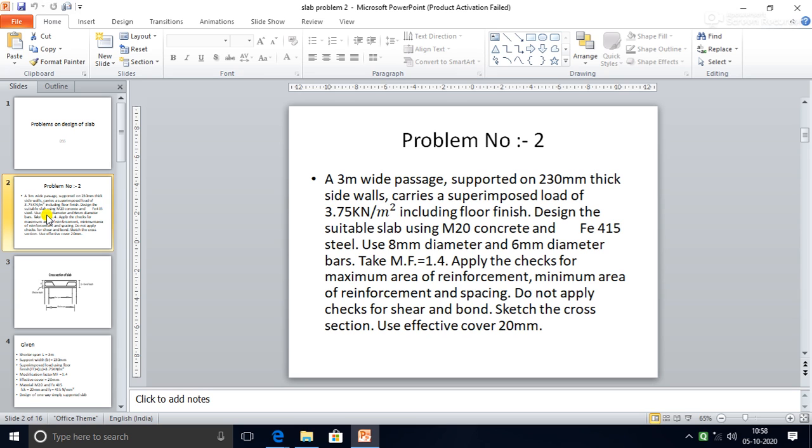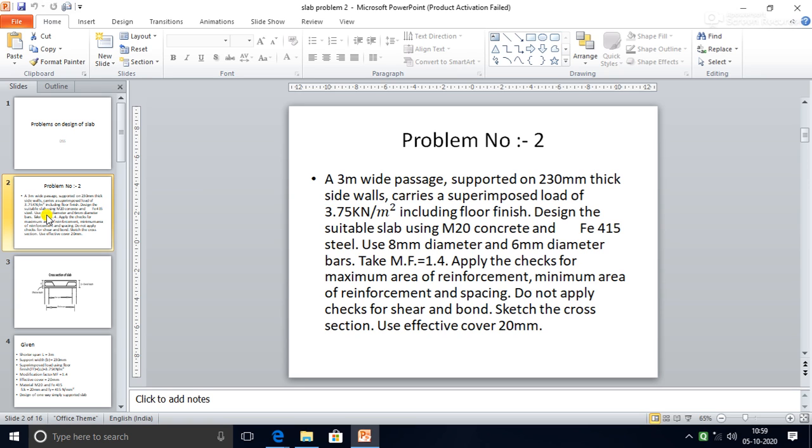that a 3-meter wide passage is supported on 230 mm thick side walls. We have to design a passage of 3-meter width. It carries a superimposed load of 3.75 kilonewton per meter square, including floor finish. This superimposed load is nothing but the sum of live load and floor finish. That is, the addition of live load and floor finish is directly given, and that is equal to 3.75 kilonewton per meter square. Then we have to design a suitable slab